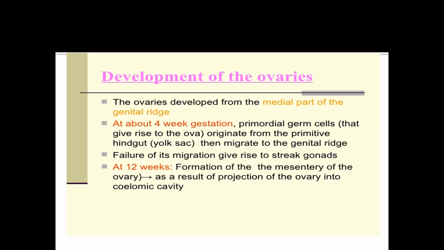प्रिमोडियल फॉलिकल्स भी स्टार्ट. और यहाँ पे क्या होता है? ये मेसोडर्म लेयर जो है यहाँ पे 2 लॉन्जिट्यूडनल रिजेस बिगिन होते हैं और जब 5वां हफ्ता खत्म होता है तब ये प्रीमोडियल फॉलिकल्स जेनिटल रिज और गोनाइडल रिज में रीच होते हैं और वहीं से ओवरी का डेवलपमेंट स्टार्ट होता है. That is, the ovaries are developing from the medial part of the genital ridge or the gonadal ridge. ये गोनाइडल रिज से हो रहे हैं या जेनिटल रिज से हो रहे हैं, पर इसके पहले का प्रक्रिया मैंने आपको बताई. So at about the 4th week of the gestation,